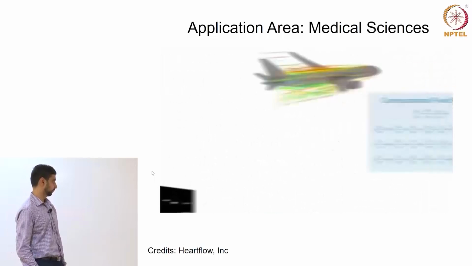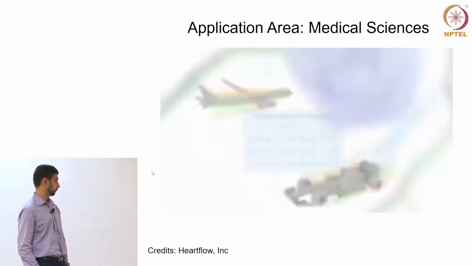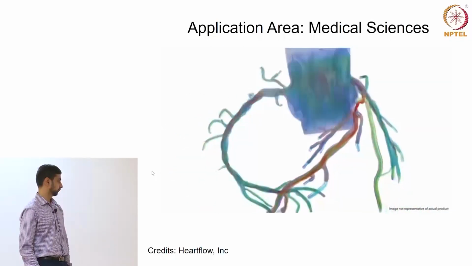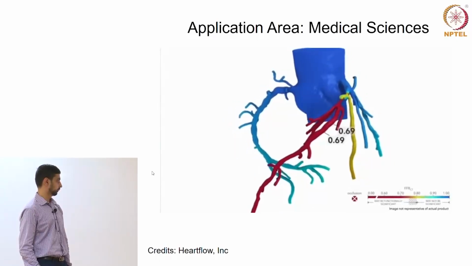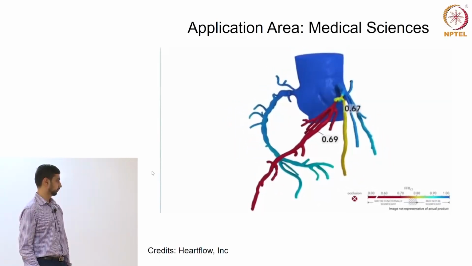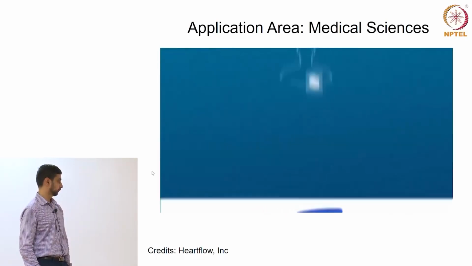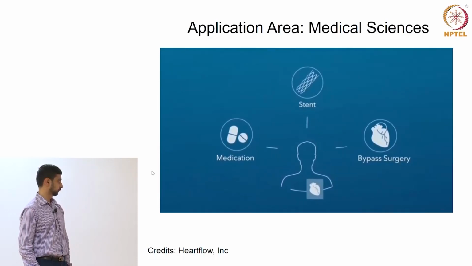Next, the scientific principles of computational fluid dynamics are applied to model the complexities of fluid flow. The end result of the HeartFlow analysis is a color-coded map of the coronary arteries, showing the extent to which any narrowings are disrupting blood flow. A physician can use this information to develop a treatment plan that is right for that patient.